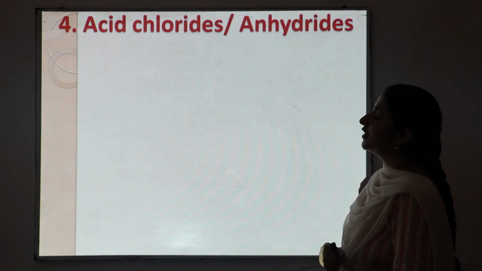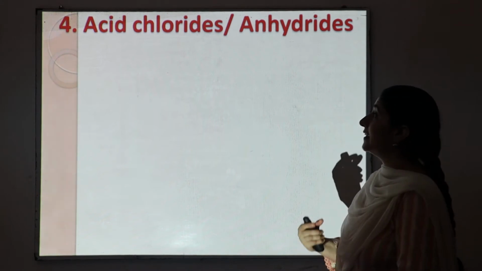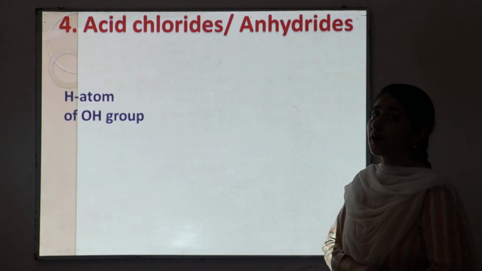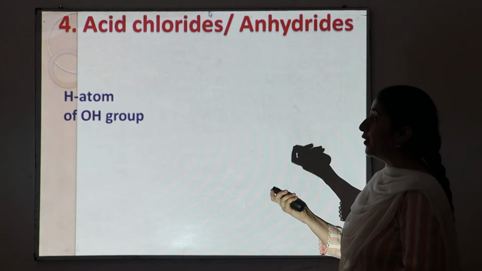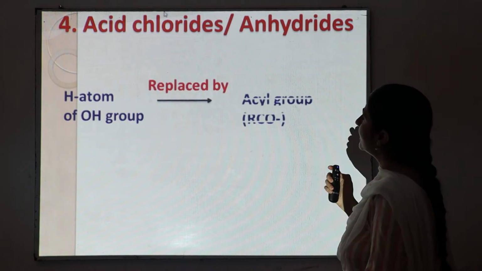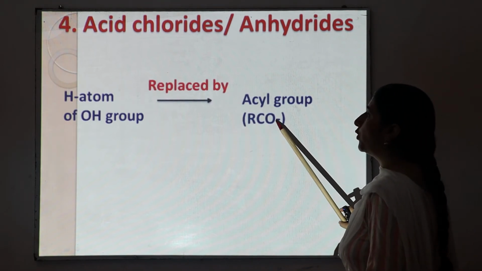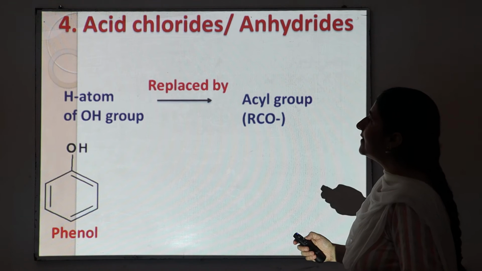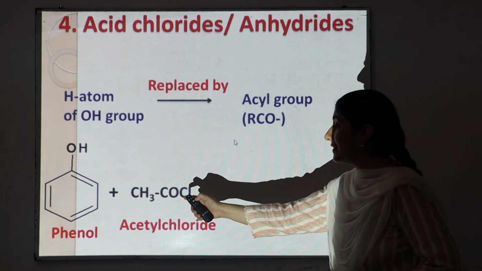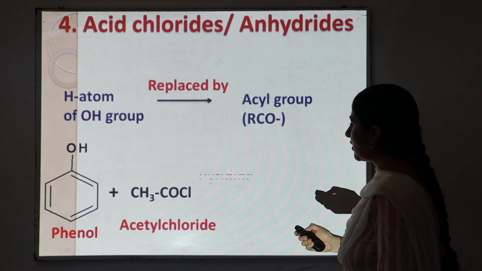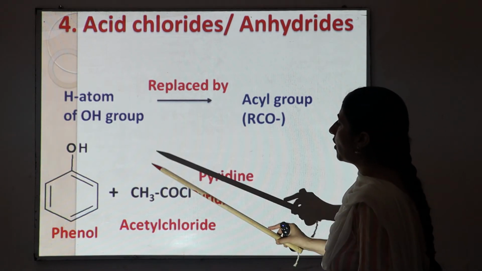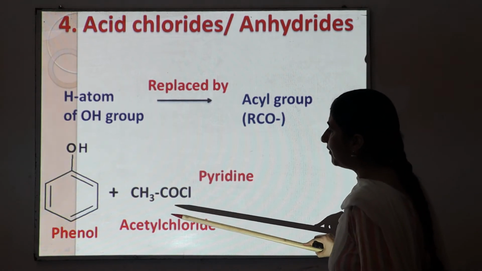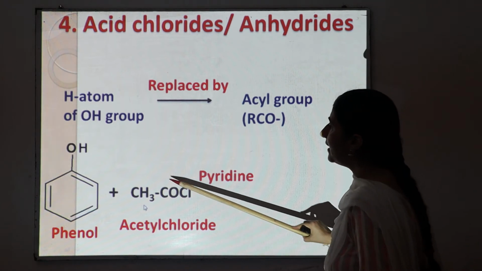The fourth reaction is reaction of phenol with acid chloride, or we can say acid anhydride. In this case, the H positive of the OH group of phenol is replaced by the acyl group, RCO group. Here we have a phenol reacting with acid chloride or acetyl chloride in the presence of pyridine. The H positive of the phenol combines with the Cl negative of the acetyl chloride and is eliminated in the form of